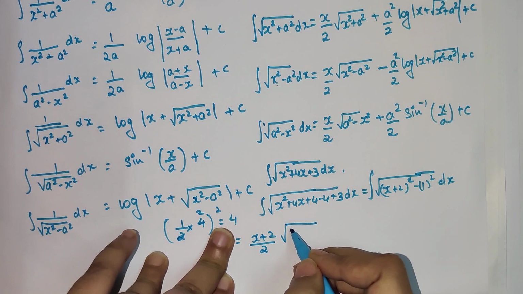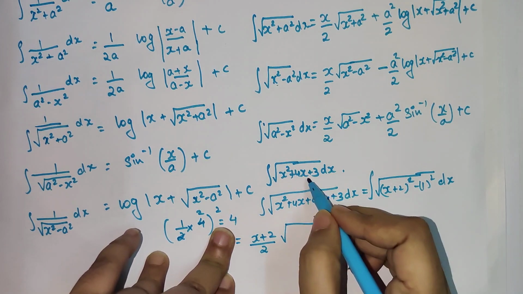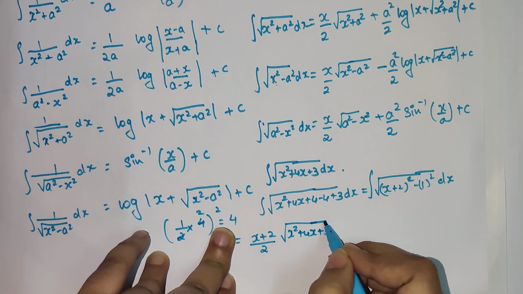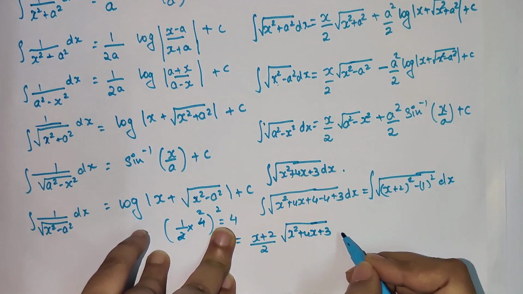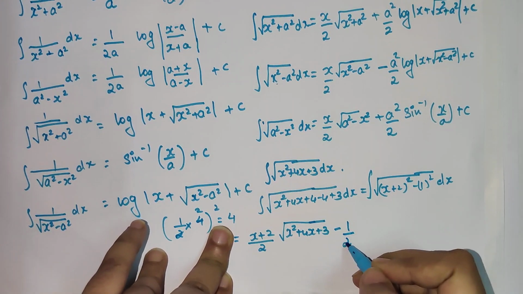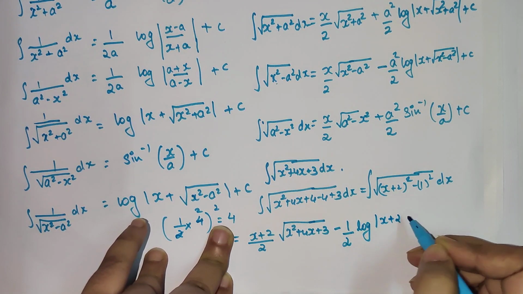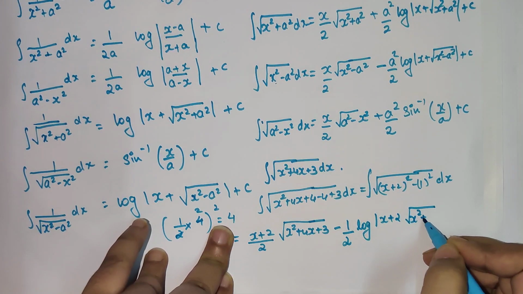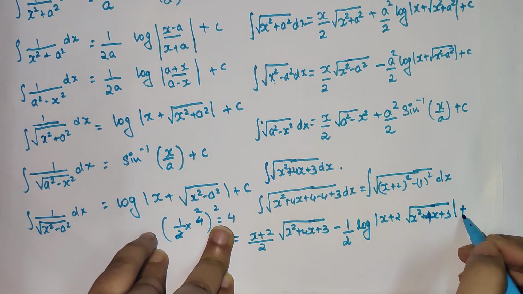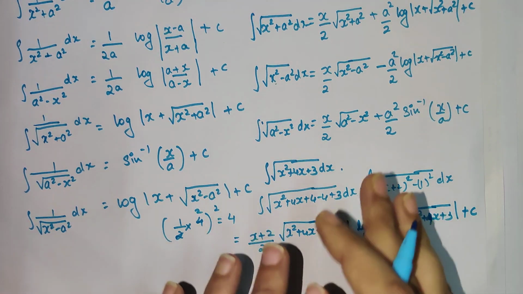Into the question. Now instead of writing this we can directly write this as well, okay, because after expanding it's going to get us this only. So we are writing x square plus 4x plus 3. Now here we'll have a negative sign, so minus a square, which is 1, so 1 square upon 2, that is 1, then log mod x plus 2 root of x square plus 4x plus 3 plus c. So you understood how easy this entire sum became just by using these formulas.